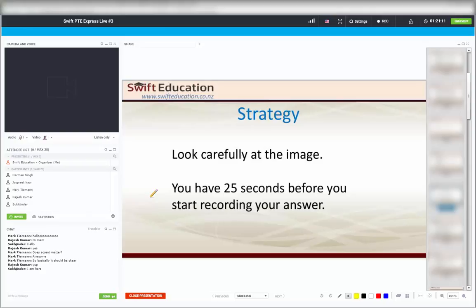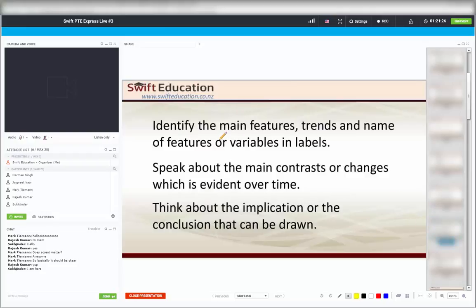You have 25 seconds before you start recording your answer. So basically these 25 seconds are for you to prepare and try to give information or judge the information or interpret the information yourself. Now once you've interpreted the information to yourself first of all, or you understood what the actual point is,